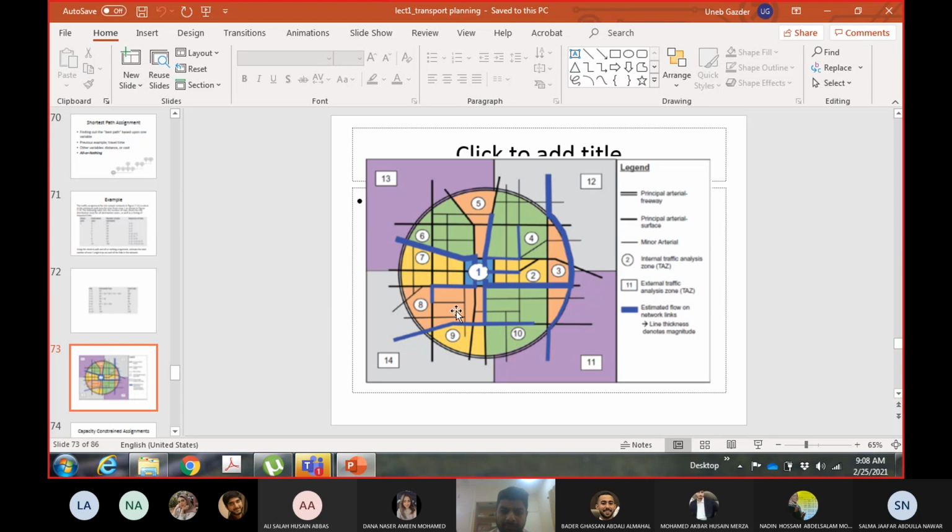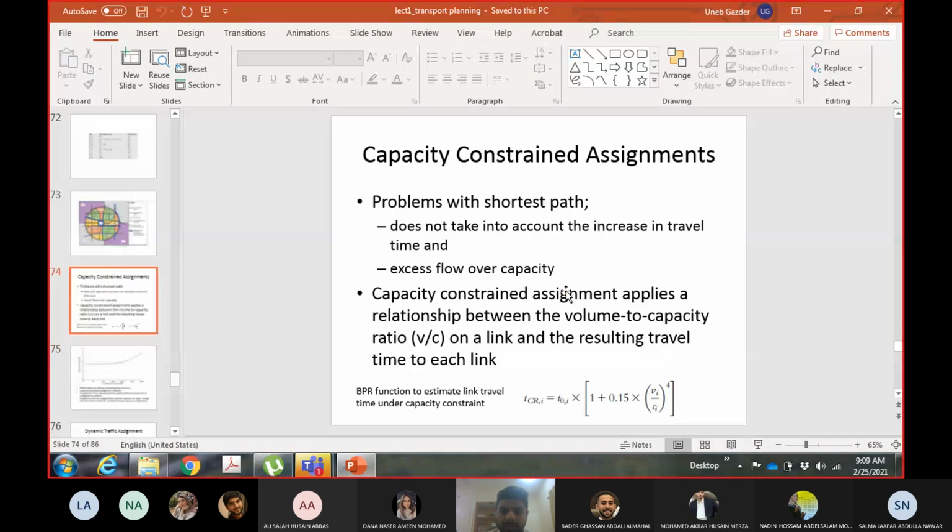Again, the thickness of these lines is according to the number of trips. If the number of trips is higher, you will have thicker lines, and if the number of trips on a highway is lower, you have thinner lines. These highways are basically the links which I showed you. I think I explained earlier that these are only the main highways, the arterials. The lower categories of highways are not considered at this stage. We are at the planning stage.